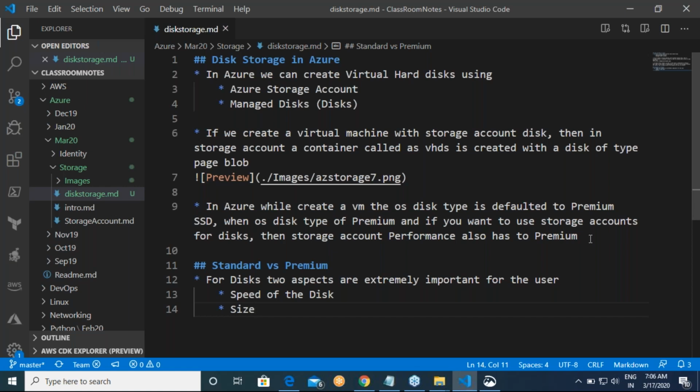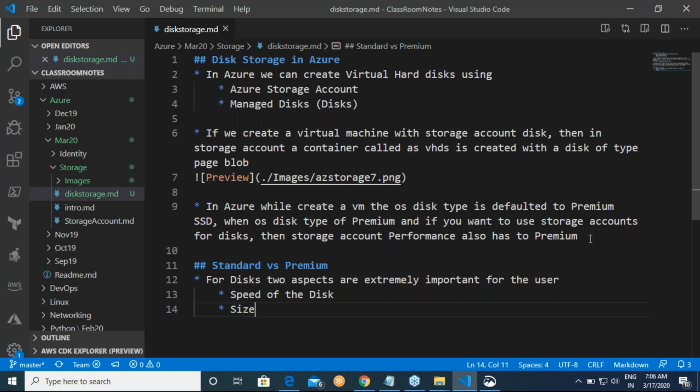Then come the other aspects, like what do you want to do when it comes to redundancy? Do you want to go with a local redundancy or a global redundancy? We can discuss all of that. But the most important thing we need to understand is speed.